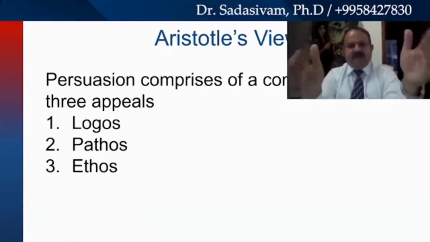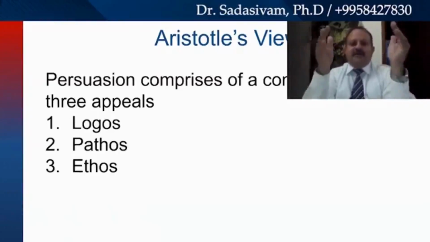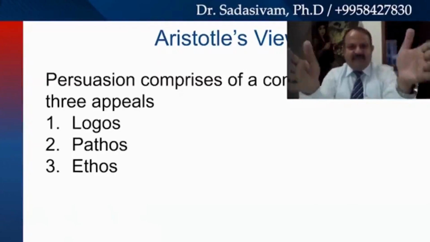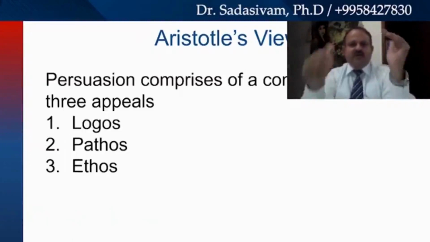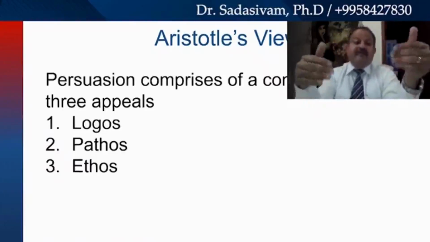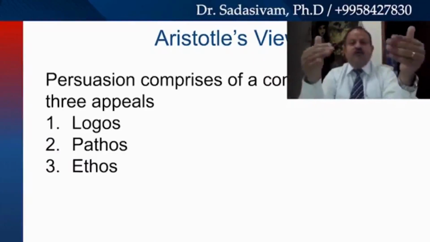When he's persuading somebody to buy a car, he talks about the car's DHT, he talks about the length, the width, the height, the special features in the car, the safety features, etc., etc. All these things are facts and figures. The second one is the pathos behind that, the emotional elements.